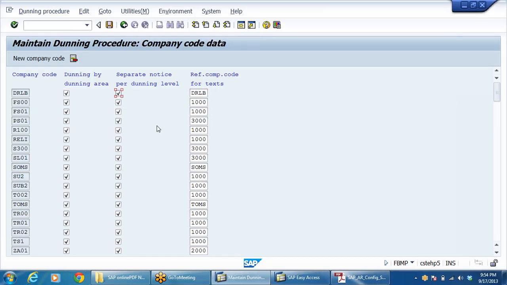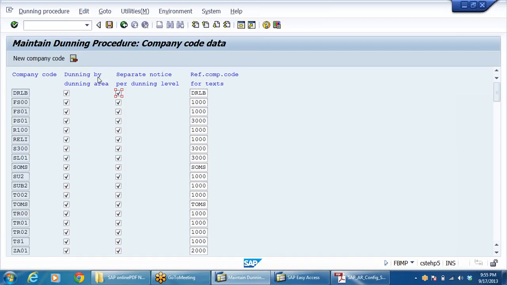So we can define even dunning areas, just like business areas. I can divide my company's geographical area into different dunning areas, because sometimes for some areas I may have to generate weekly, or sometimes once in 20 days is sufficient. Depending upon the different areas, I can generate different dunning notices. For each one I can have different procedures also, deciding which dunning area or which dunning procedure I am going to assign. All those things we can define here.